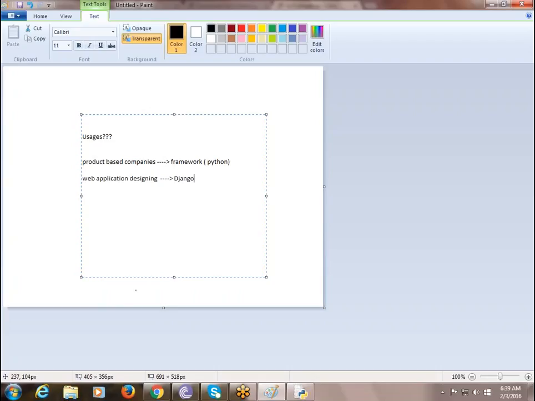There are many kinds of features it provides. So whenever any constraint has to be met in web designing level activities, they prefer Django for faster application designing. This is the way the market is using it, because to work with Django, Python is a must. The Django framework is completely designed using Python. There's a reason: without Python you can't do anything in Django.